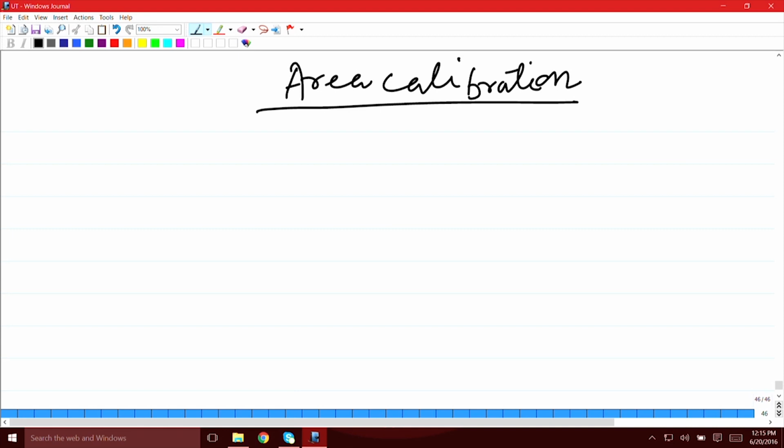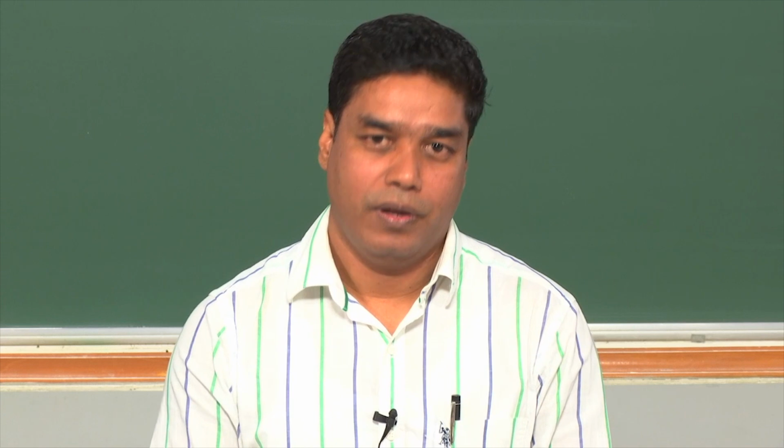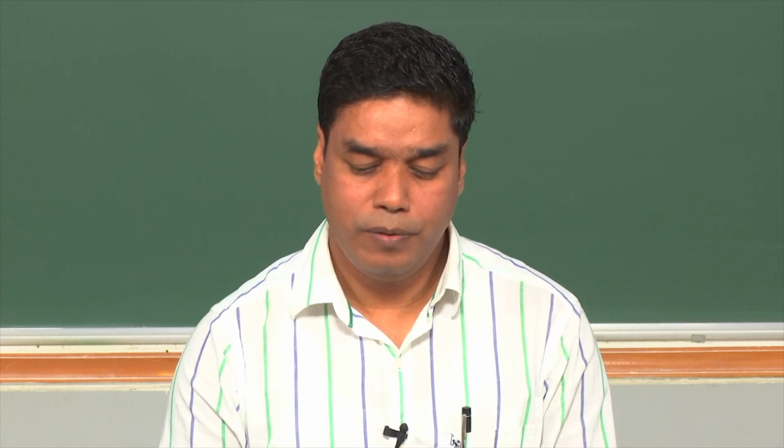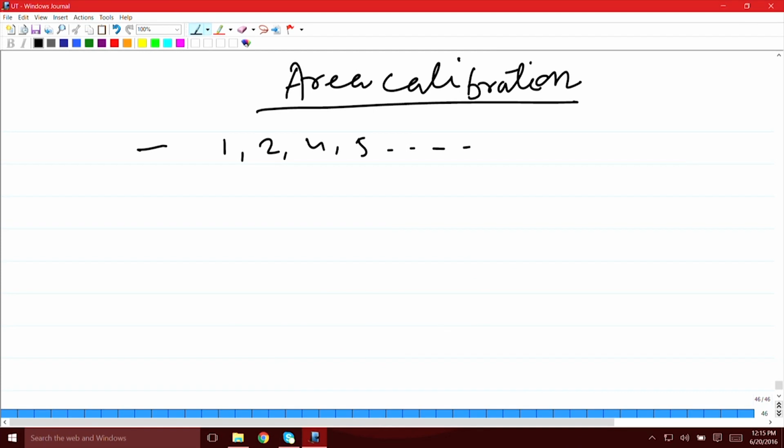So, in case of blocks which are used for calibrating the area, only a single number is given, like 1, 2, 3, 4, 5 and so on. Okay. This is according to the size of the hole that you have, because in this case, as I said, you need to vary the size of the area of the hole, and the numbers are given in such a manner that the area of the hole